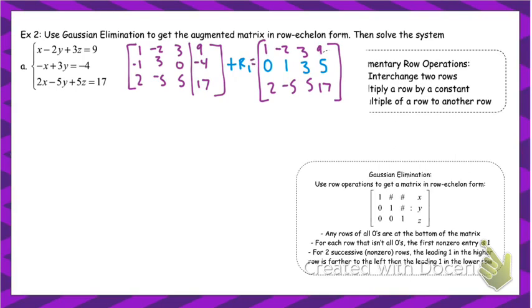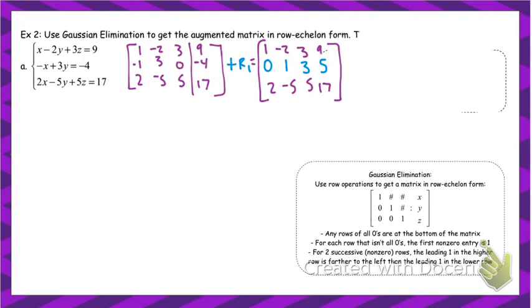All right, so now that I've done that, I'm going to go ahead and do another operation here. This is a good start because now I have one of those zeros in the far left column. At this point, I'm going to look at the bottom row, and I'm going to want to try and make that one also a 0, because I'm going to need 2 zeros out of this. So what I'm going to do here then